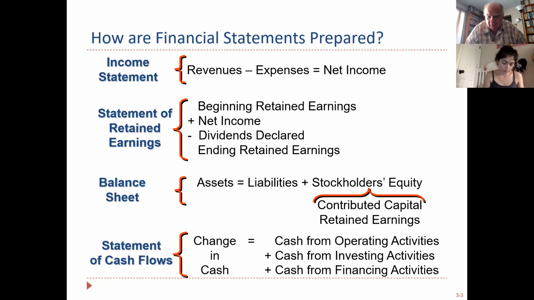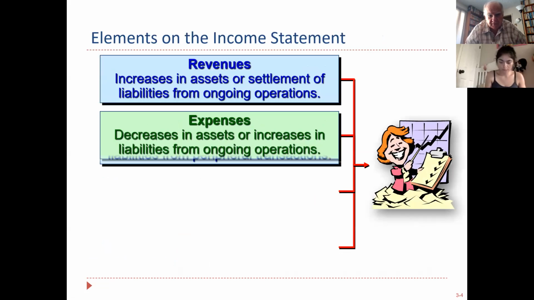We're not going to worry about the cash flow statements now, other than operating, investing, and financing activities. Be familiar with them. Operating is the core business. Coca-Cola makes soda, potato chips, things like that. When they sell their product, that's operating. When they pay their vendors, it's operating. Anything they do to get in the position to make money from soda. If they buy stock in another company, that's investing. If they buy a big giant machine that's going to last for 20 years, investing. And financing is either borrowing or issuing stock.